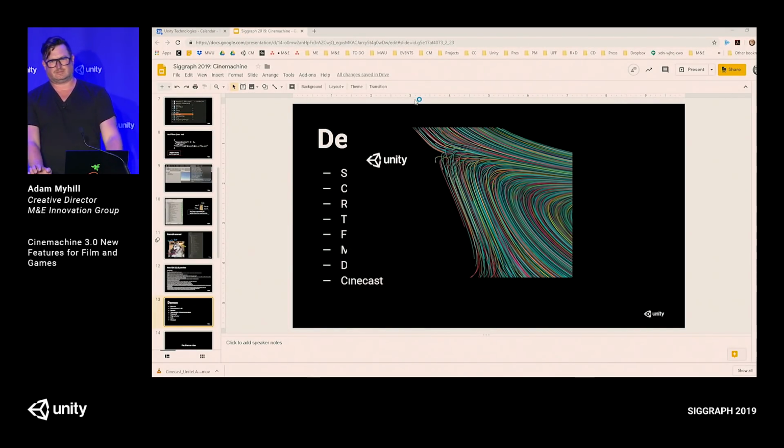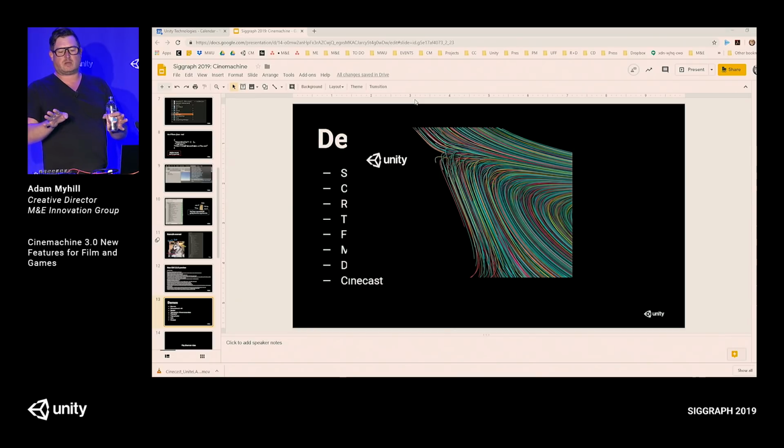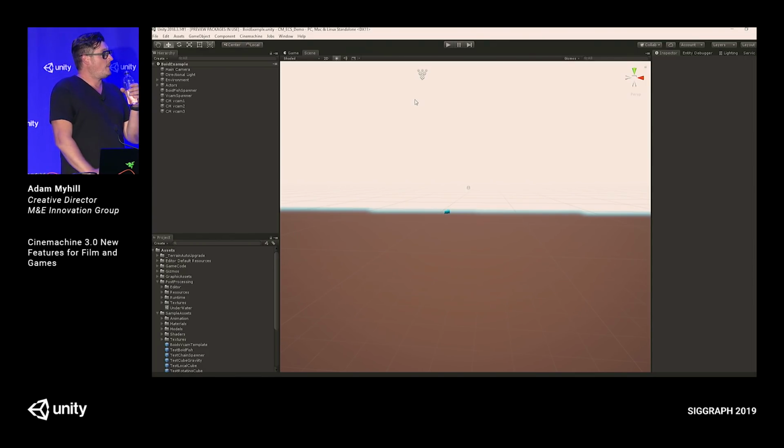DOTS. Who knows what DOTS is in the Unity world? Okay, one person. DOTS stands for Data-Oriented Tech Stack. And without getting into a discussion about the divergence of programming languages and how memory works on a computer, because I actually can't go very far into it, they've diverged. DOTS is a new programming approach that, the simple way of saying it, makes things go really fast. It gives you hyper-optimized environments where you can do completely bananas things, and I'm gonna show you that.